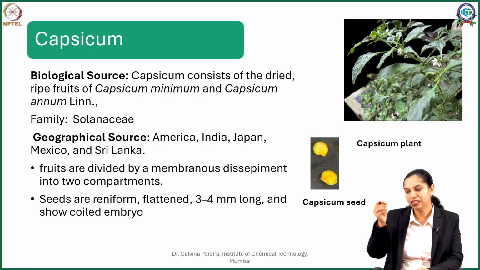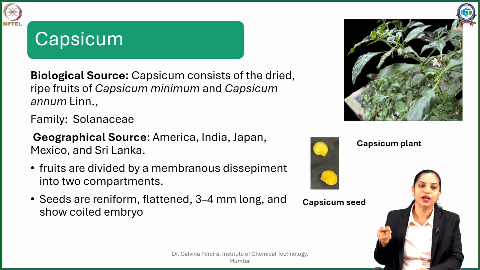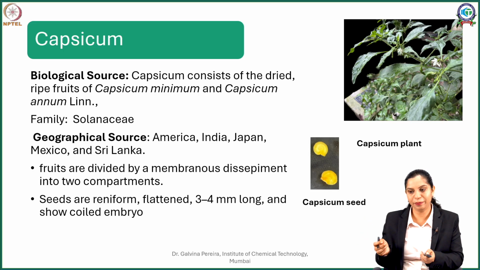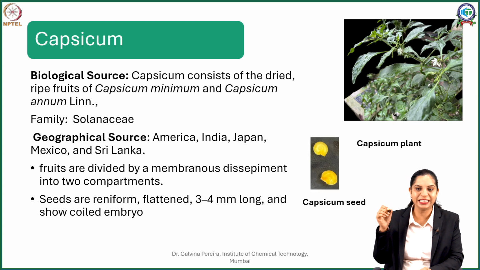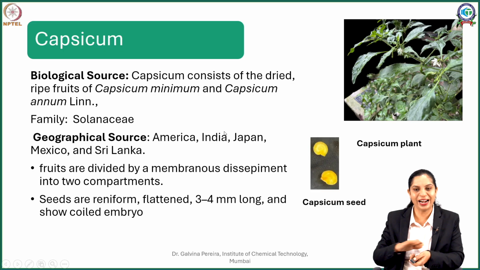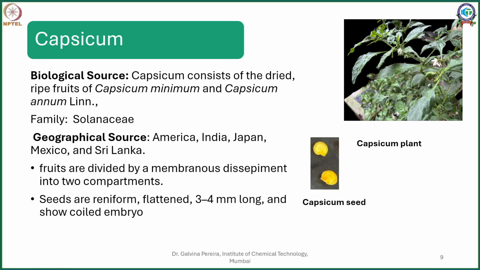Now if you see Capsicum minimum or Capsicum annum, our common kitchen chili, if you slit it, you will see that the chili has an outer coating and an inner soft whitish membranous dissepiment. This dissepiment divides the fruit into two compartments, and you will find small kidney-shaped, or what are called reniform, seeds attached to it. I've kept an image of the seeds of chilies, so you will see they are nicely kidney shaped, and if you look carefully, the seeds are slightly translucent and you can see the inner spiral-shaped embryo inside. So they are flattened and show a coiled embryo in them.